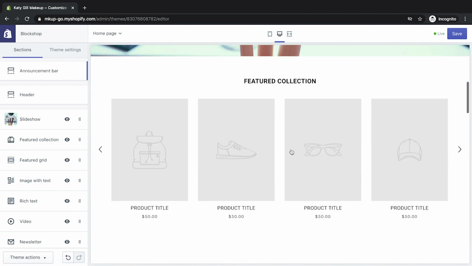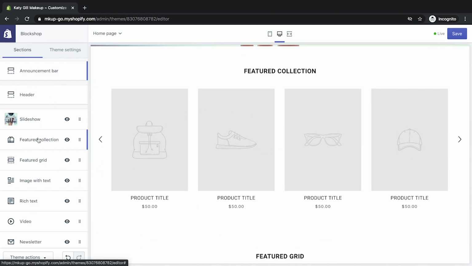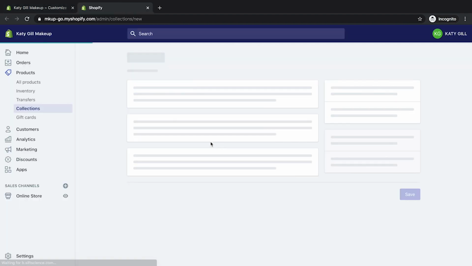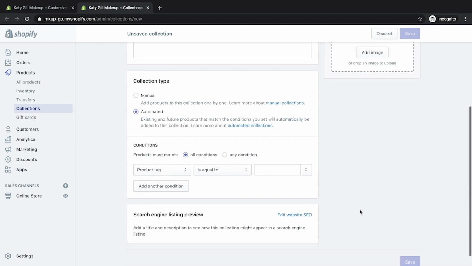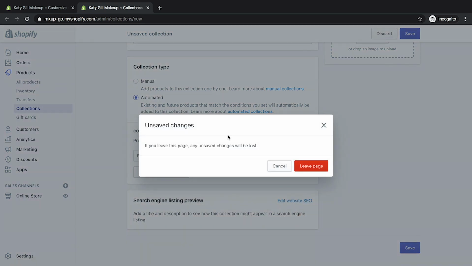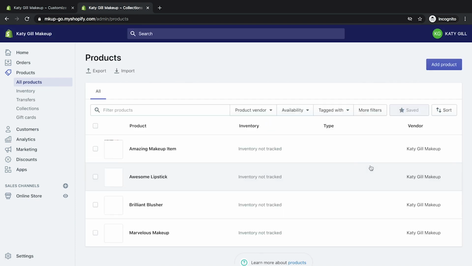Next thing we want to do is have a look at featured collection. We're going to have to do a little bit of editing back on our products. So featured collection will automatically add in a set of products based on the rules. So we want to actually start a collection. So create a collection, it's going to take us back to the collections section. And if we create an automated collection, so product tag or product type is equal to, now we haven't actually added any product type. So let's go to our products, leave this page because it's not happening yet.